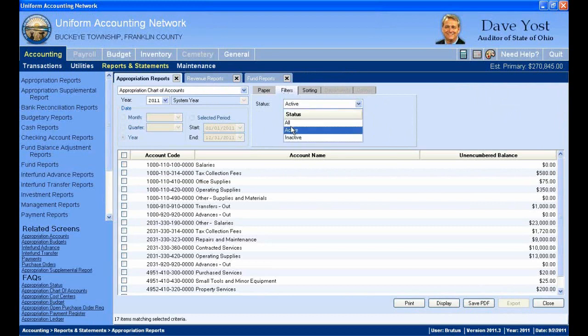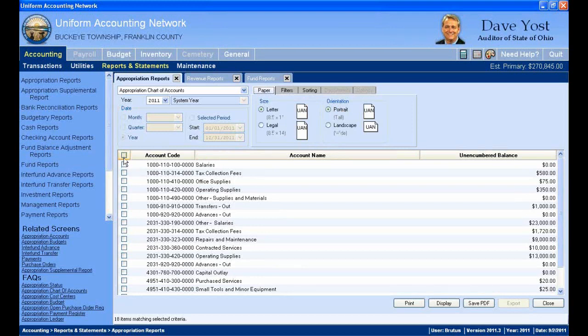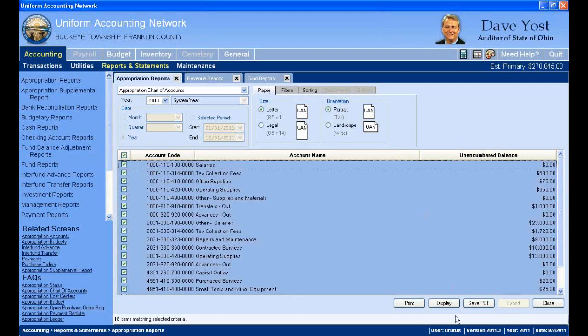So I'm going to list all of my active accounts, but be aware, if I don't look under filters, there are certain defaults. So you want to get used to what the defaults are. Usually, if there's something like active or inactive, or open versus closed, by default, it's going to be open, like with purchase orders. It'll just show the open purchase orders, but you can always change that to the closed purchase orders, or select all, and it'll show all of the purchase orders for the year, whether they're open or closed. So if I select this and I display it,